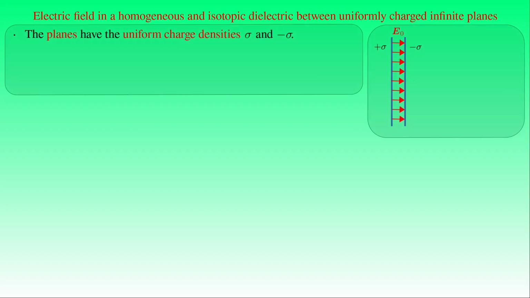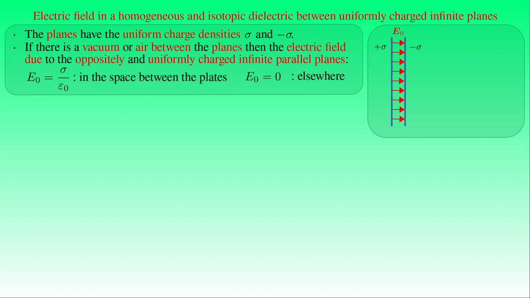After the discussion on the polarization of dielectrics in a uniform electric field of a charged parallel plate capacitor, we consider other examples to study the electric field in insulating materials. We start with the case of two parallel infinite plates with the constant charge densities positive and negative sigma prime. We already proved that if there is only a vacuum or air between the infinite parallel planes, then the electric